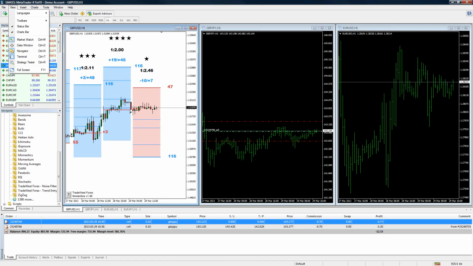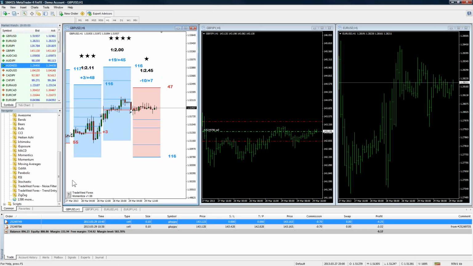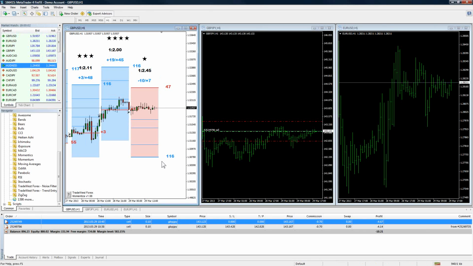Okay, so to what extent are Pip Stat and Momentix tools versus trading systems? This is a good question, and I'm going to give you my opinion. I think that both of them can be classified as systems, just because with Pip Stat, when you're making a trade, there are several algorithms, calculations, programs running in the background that are determining things like your average peak to valley, your average deviations, your average win, what's taking place.